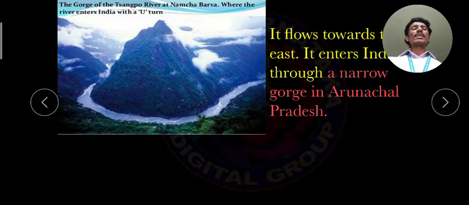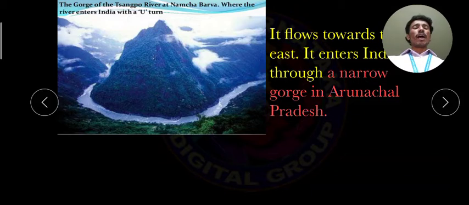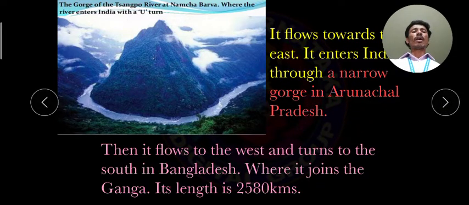It flows towards east. It means eastern part of our Indian country. It enters India through a narrow gorge. Narrow gorge means between the rocks. It means left side also hills are there and right side also hills are there, and that we should consider for the narrow gorge, and it enters Arunachal Pradesh. Then finally it comes through the south of Bangladesh, where it is joined to the Ganga. Finally this river is joined to the river Ganga, and its total length is